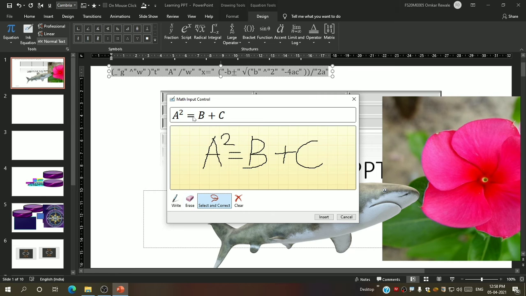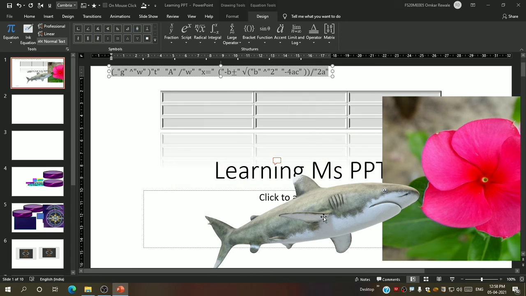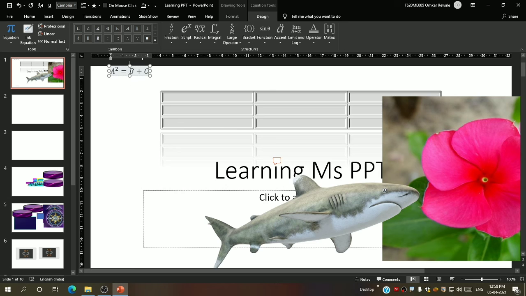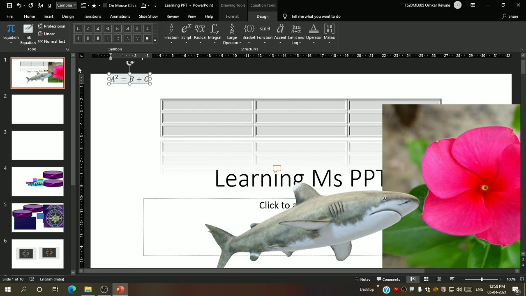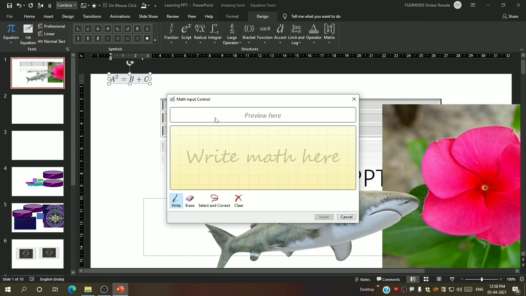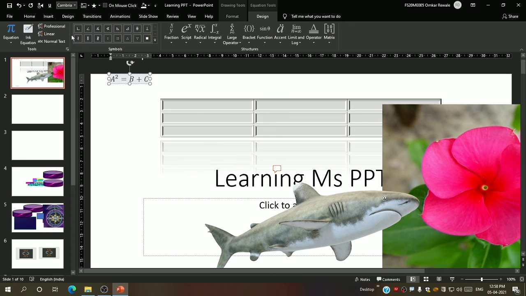This is also something with the same option, or you can also clear that by pressing here. I do not want to clear that, I will say insert. See, it is inserted, right? So you can write it custom. You do not have to worry about this. You do not have to do all this huge stuff. You can easily use this, and you can write with your hand by using your mouse. No need to do all this stuff. This is something great. It is a time saver.